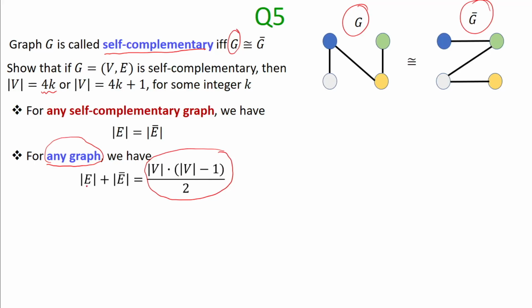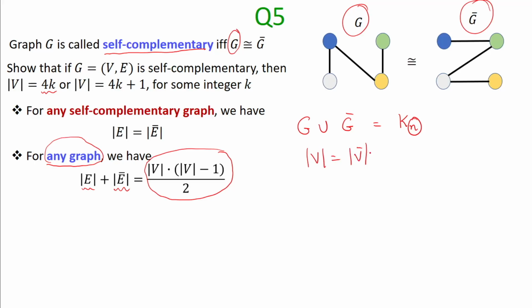Because all the edges which are in G won't be in G complement and vice versa. And if you take the union of the graph G and the graph G complement, you will get a complete graph with the number of nodes the same as the number of vertices in the graph G or G complement, right? So if you take G union G complement, then you get the complete graph with n nodes, where n is the number of vertices,